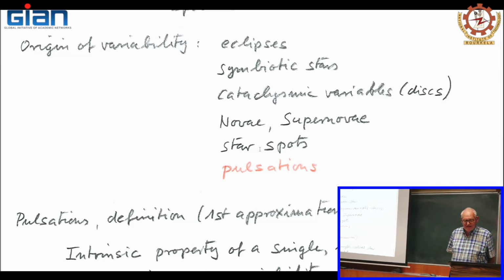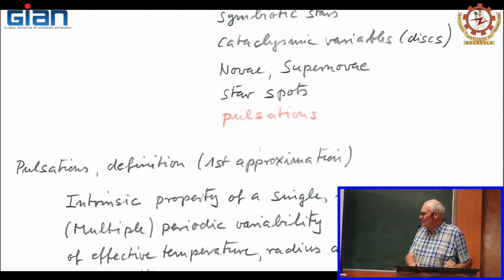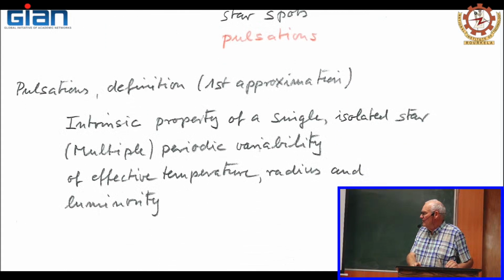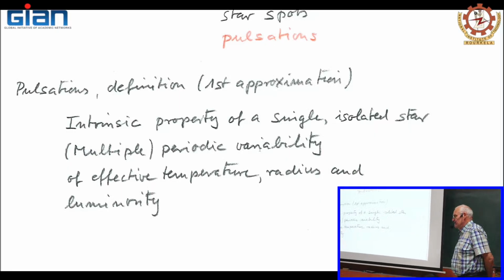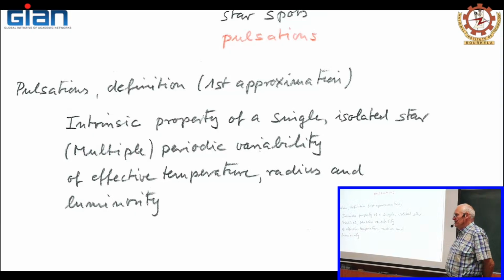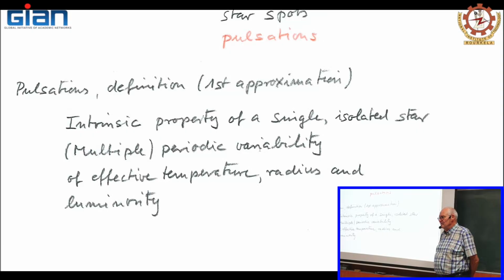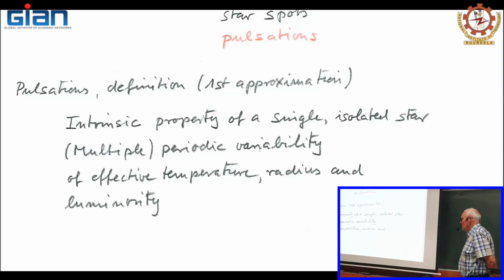Well, so we would like to define as a first approximation stellar pulsation as an intrinsic property of a single isolated star. So no binarity is involved here, and the pulsation is an intrinsic property of an essentially non-magnetic, non-rotating